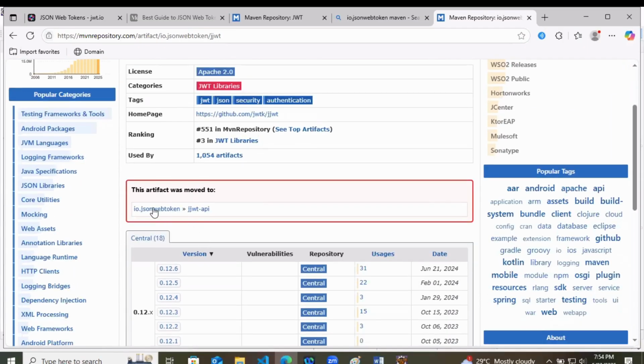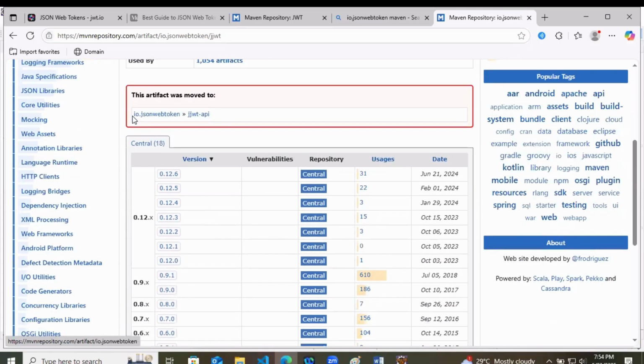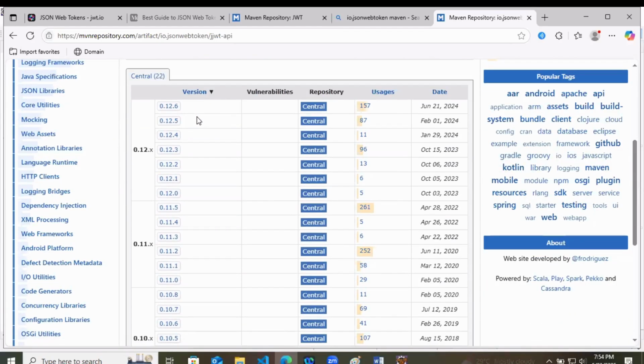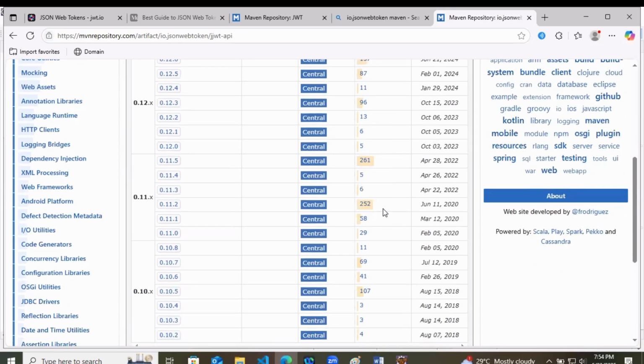So one is this one, io.jsonwebtoken, which is currently available as JJWT-API. In that you can use any of the previous versions. So this is the highest used version, 0.11.5. So we can go with it.